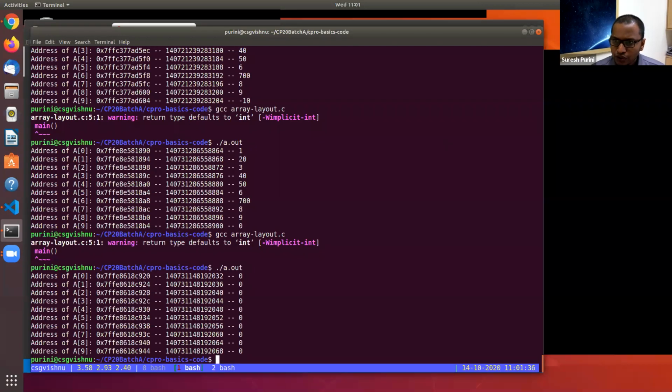Anirudh has this question: after we recompile, are they deleted from the previous memory addresses? After a program uses a particular chunk of main memory, that memory is released and it could be allocated to some other program. Let's say this is your RAM, this is your whole memory.